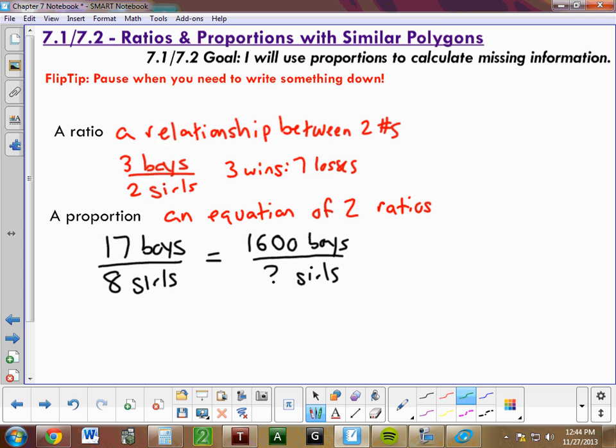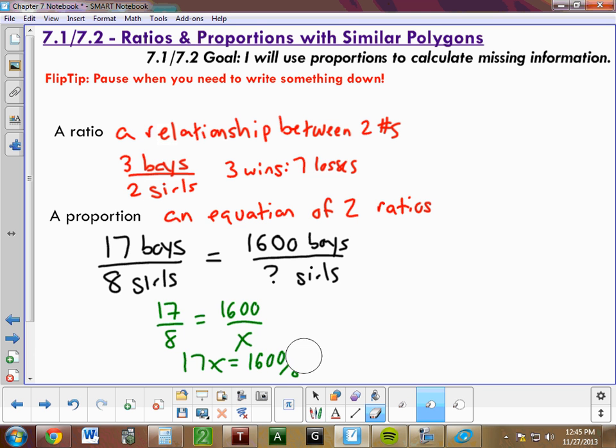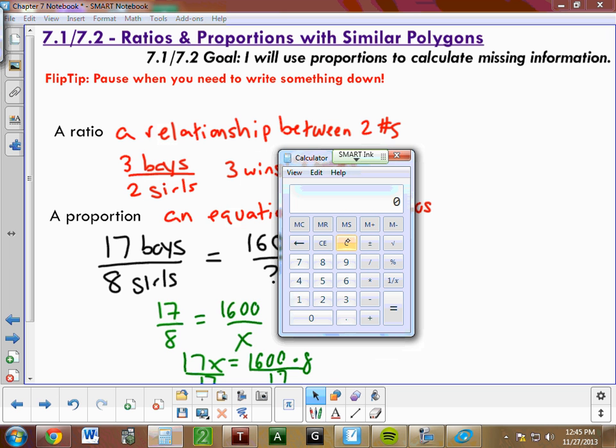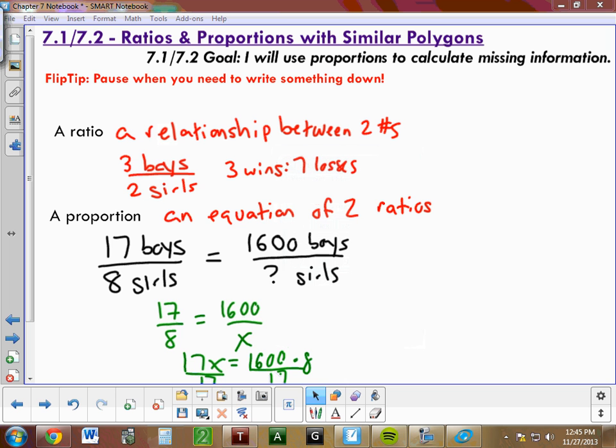If you were to solve this, I expect that at this point you could all solve a proportion. You have 17 over 8 equals 1,600 over x. You should get 17x equals 1,600 times 8, and then solve by dividing by 17. If I take out a calculator, 1,600 times 8, divided by 17, according to that proportion we have roughly 752 girls in the school. Obviously, this isn't true,